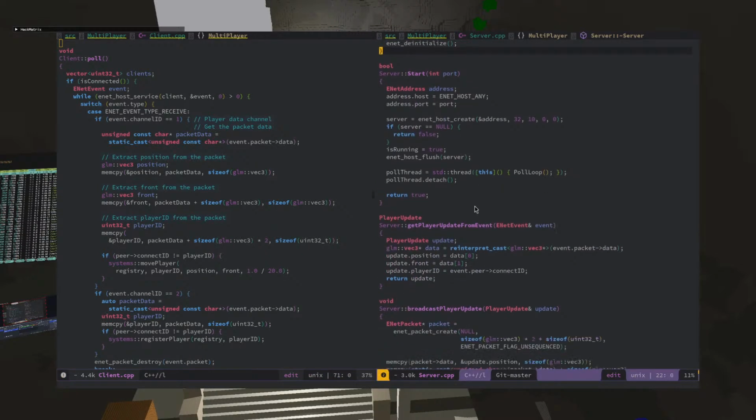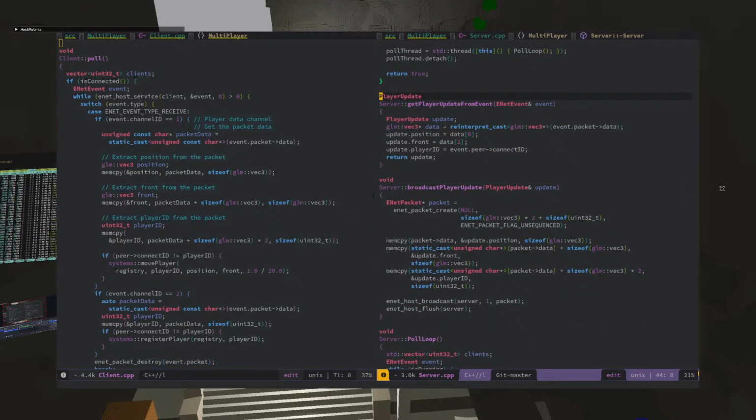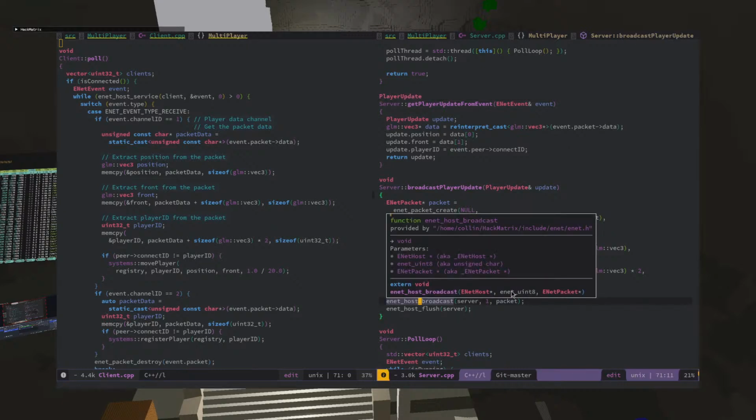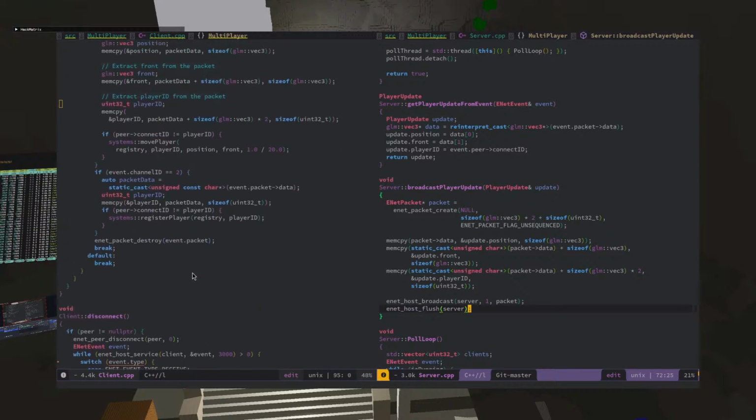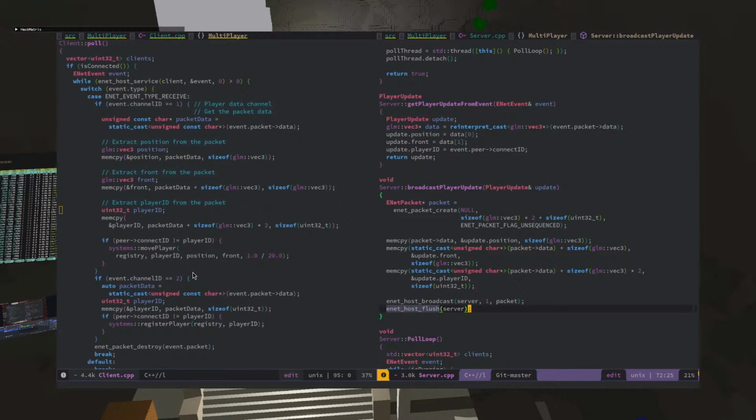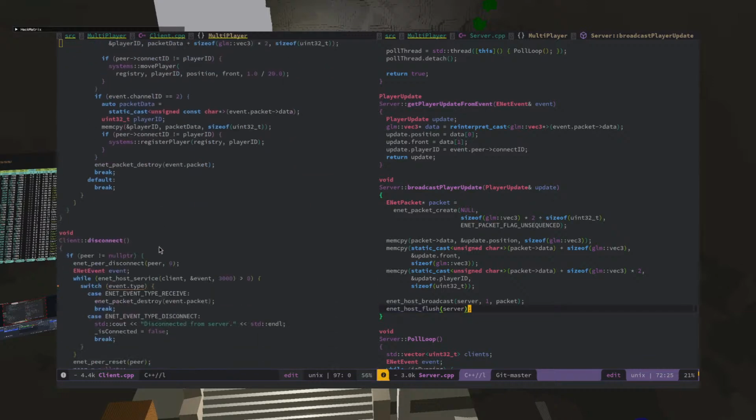So every time it broadcasts, broadcast player update, it sends a UDP broadcast packet that then is able to read the position of all the players in the game. Obviously, that's going to have to change once there are thousands of players. It's going to have to be based on region visible players.